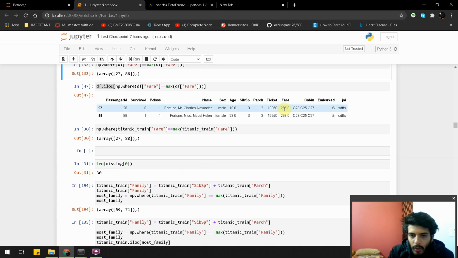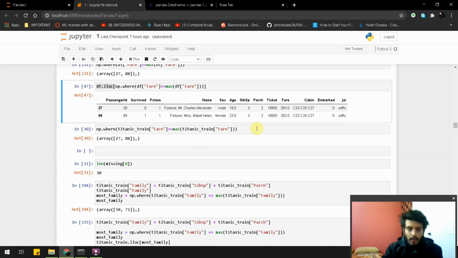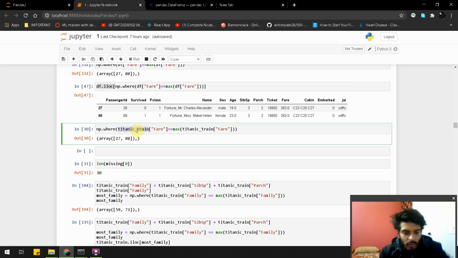People who spent 263 in fare were the highest, the maximum fare paid to get the tickets.